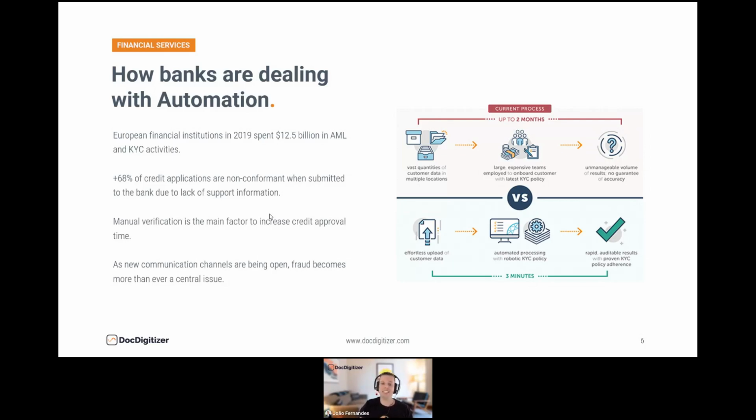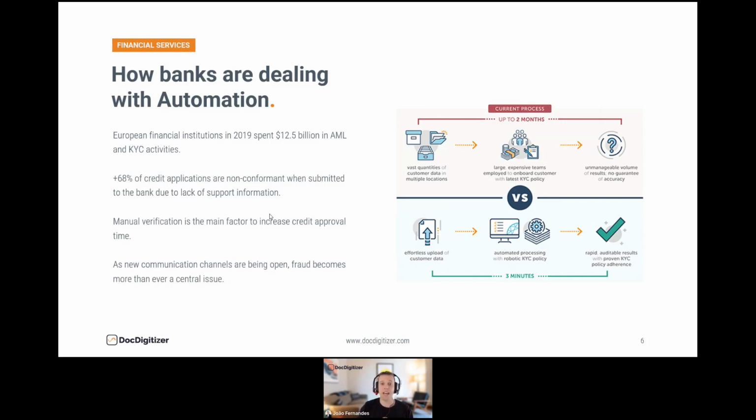Okay, so the confirmation and the verification of all this information is what is called a know your customer process. This is required because they will not be able to approve the subscription of a product. They will not be able to approve your bank account or even to provide you a loan without making this due diligence process.